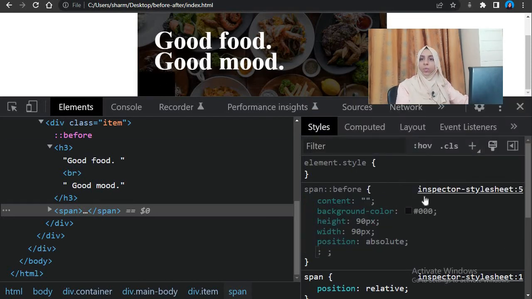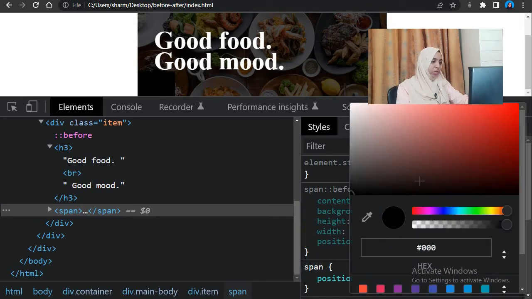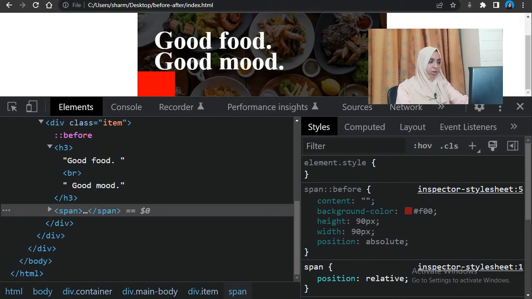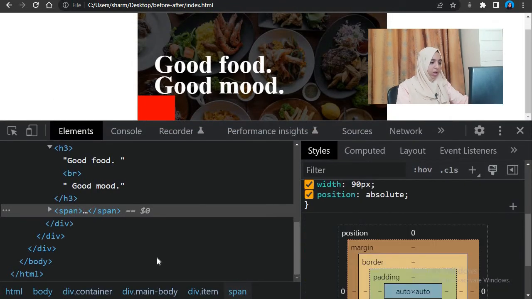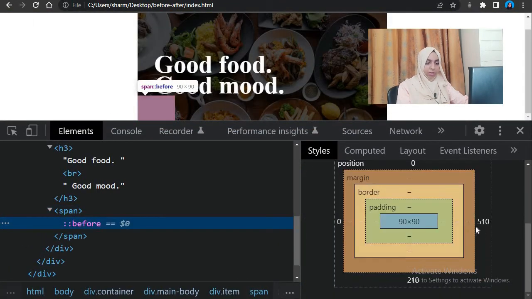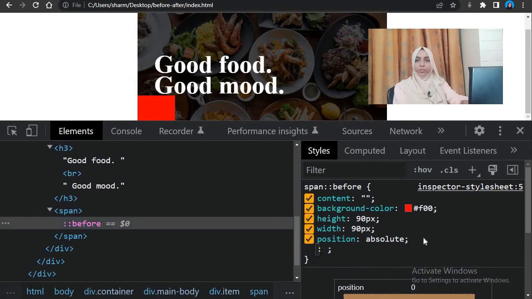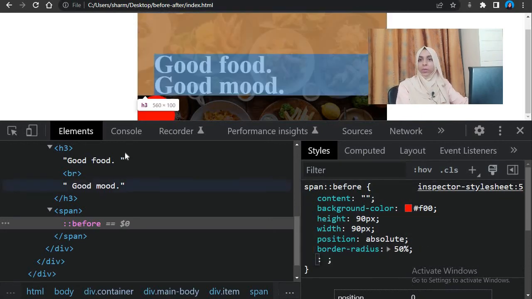Can you see this box over here? Let me make it red so that it is more visible. This is the pseudo element. Okay, it disappears, no problem, we have it here. We give it a border radius of 50%, right?